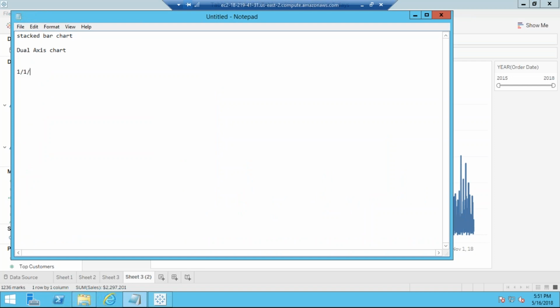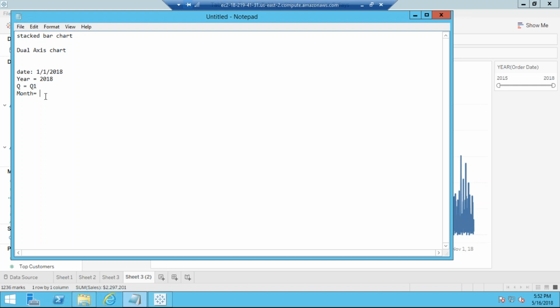Try to understand this. This is very important, which we will use in functions and calculations also. So my actual date column is like this. My order date, or whatever date, is like this. You get 1/1/2018. If I want to extract the year from this, I'll get 2018. Quarter, I will get Q1.